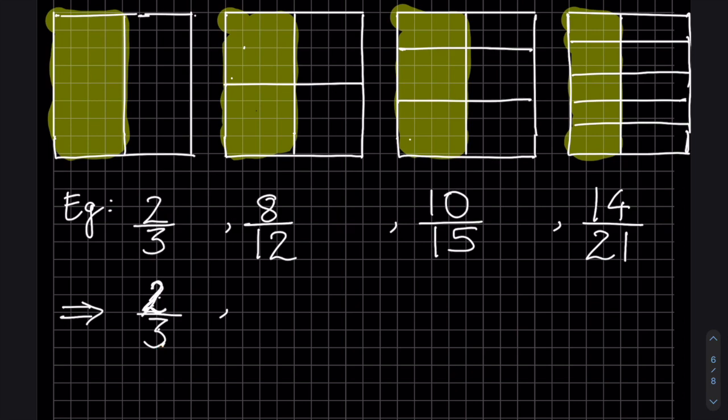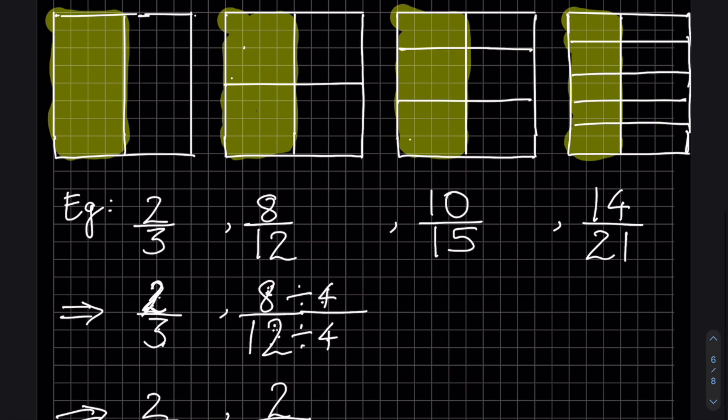The next fraction is 8 over 12. If you observe these numbers carefully, you will notice that 8 and 12 are also even numbers and they definitely go in the table of 2, but apart from the table of 2, they both also go in the same table 4. So I divide both of them by 4, which would give me 4 2s are 8 upon 4 3s are 12. So I write this 2 over 3 as it is, the first fraction, and 8 over 12 gives me 2